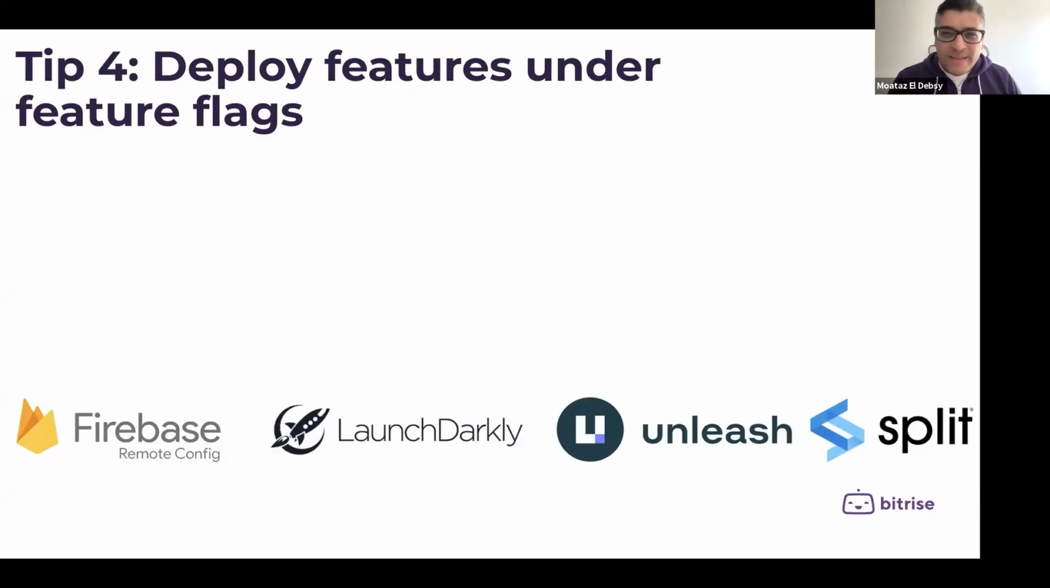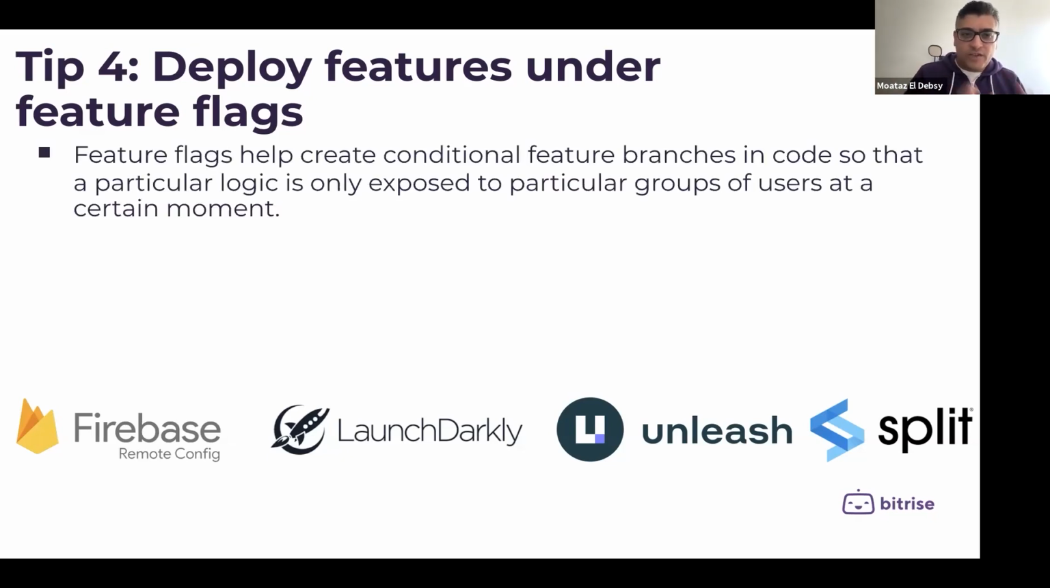Tip number 4 is to deploy features under feature flags. Usually, if you have different teams and all of them need to deploy their features, using feature flags will put us on the safe side. For example, feature flags help to create conditional features. So it's on/off. We can close it, or we can